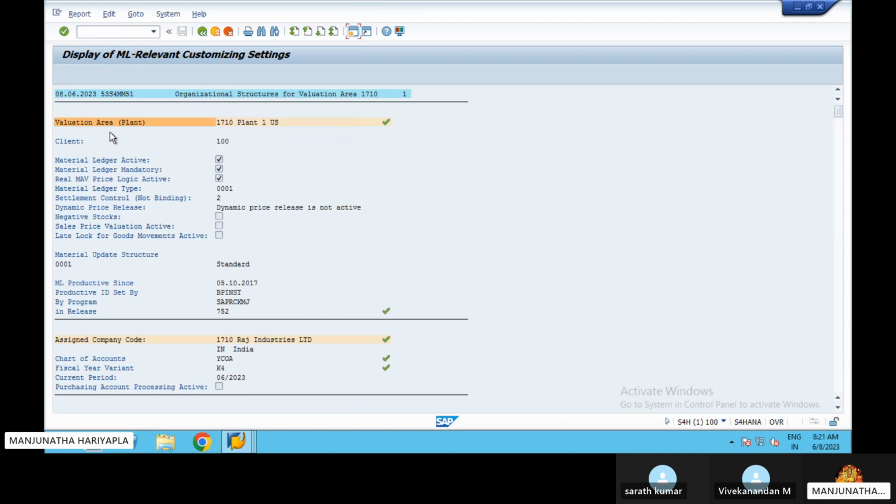The valuation level here is your client. Based on the client, it shows the material ledger is activated, and the moving average price logic is also activated. Not binding for the settlement for controlling and dynamic price reason, so we have not selected that, which is why it is unselected. We selected the standard chart material updated structure, and it shows ML productive since